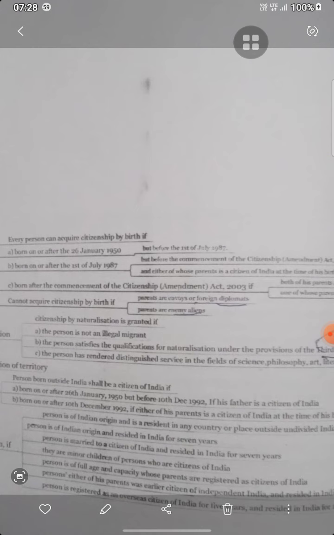A person ordinarily resident in a country outside India is a citizen of India if he has been registered as a citizen of India. Okay. Now, a person is not a citizen of India if he voluntarily acquired the citizenship of any other country. Every person is a citizen of India under the provisions of any law made by Parliament, and Parliament has the power to make provisions with respect to the acquisition and termination of citizenship and all other matters relating to citizenship. Next one is